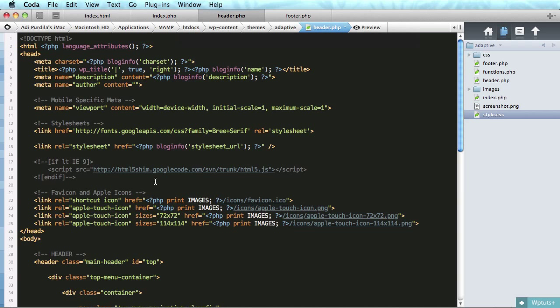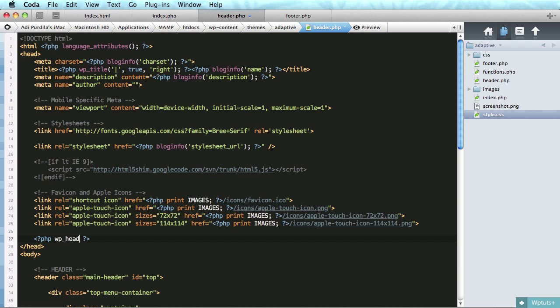So the very first thing I want to do is this. Inside header.php we're going to say wp_head. I forgot to include this last time, and this is actually a very important piece of a theme, because wp_head will make sure that all the plugins that are relying on it won't break,